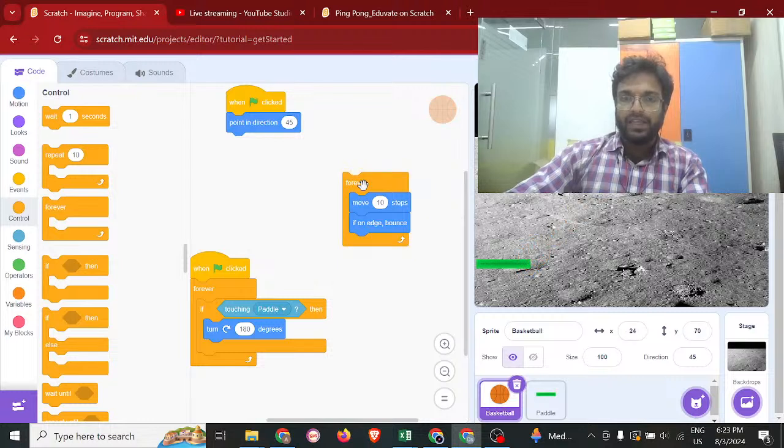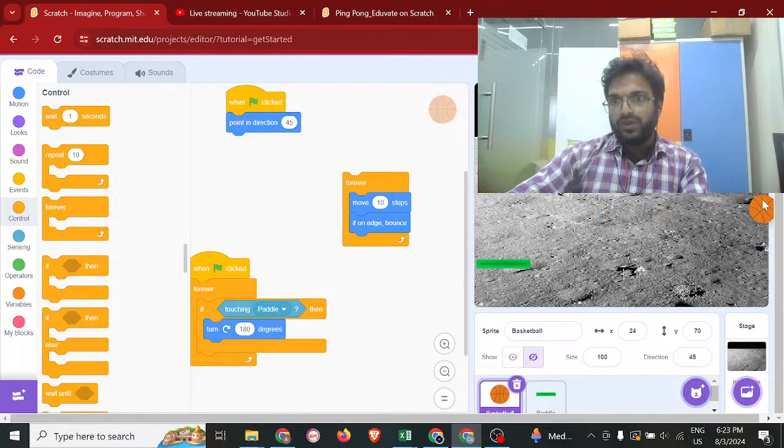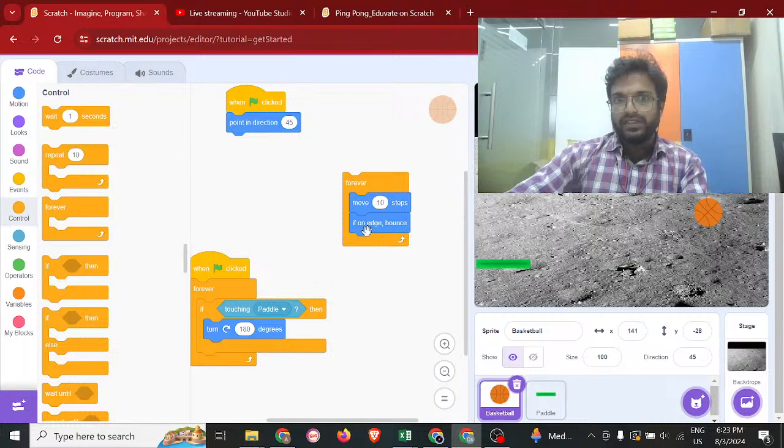It was not happening at that time. Initially the ball was facing 90 degrees. So always the ball goes here and it touches, it goes to the